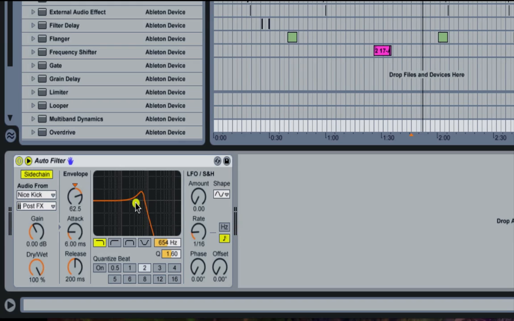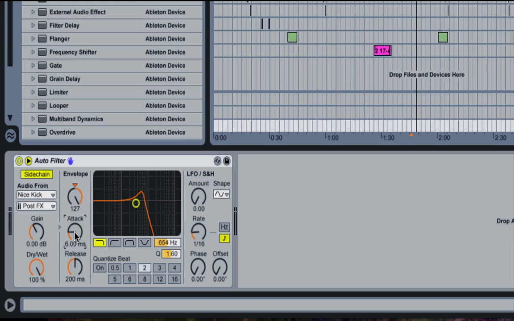So we can hear every time the kick comes in, the filter's opening and then closing again. So the only other options we have for this is the dry wet, and how much gain this kick is bringing into it, which means it'll do it harder. So if I turn the gain right up, it should open the filter right up. So you can hear it lets all the highs through heaps more when I turn that gain up. So I'll turn that back to 0, turn the dry wet up, turn the amount up, and then the other